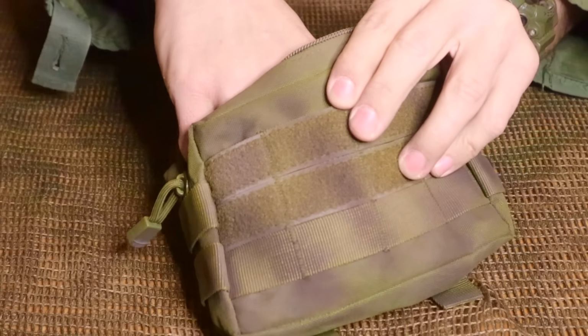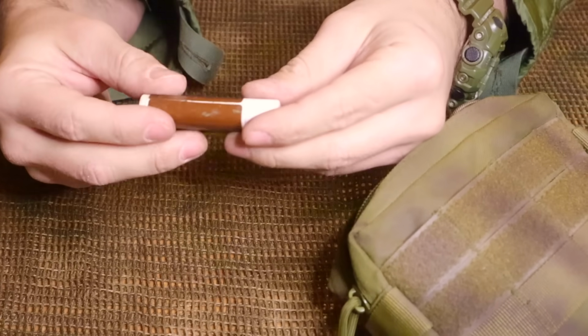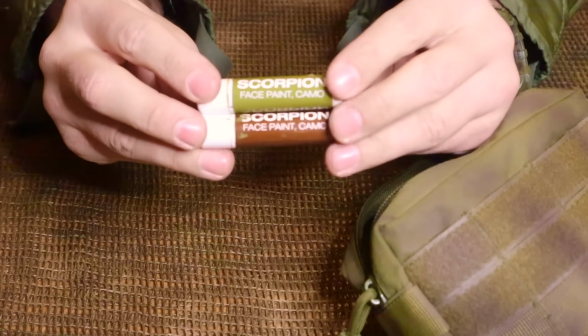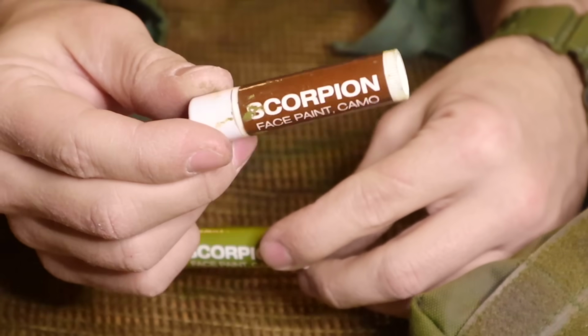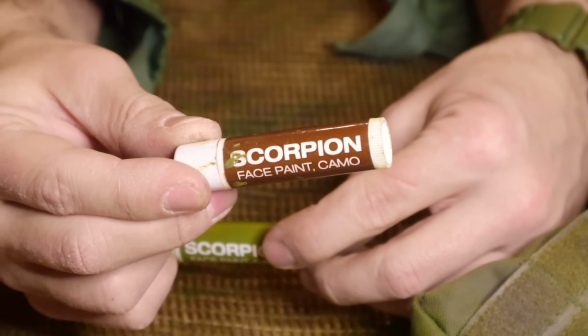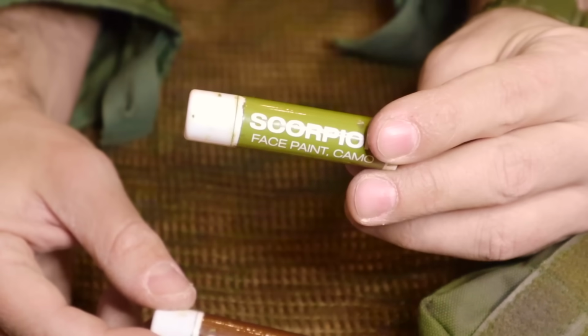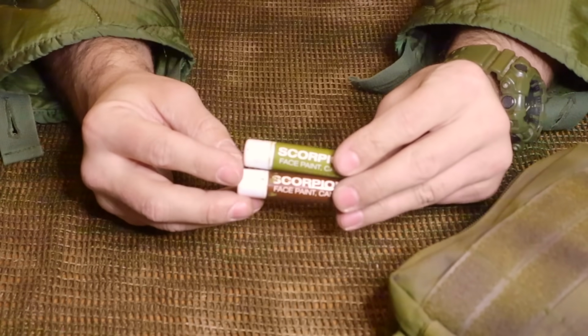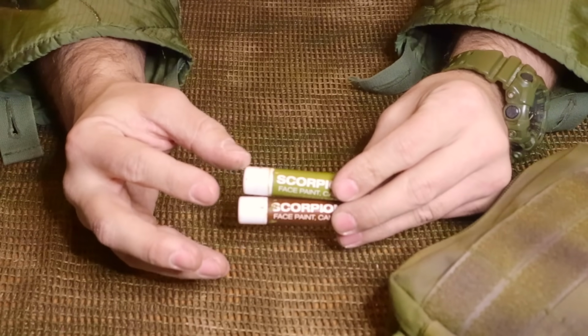All right, next we've got face paint. We just got a little bit of face paint that we can use to apply to the human features. We take the dark color, like this brown, and we would put it over the high points of our face, and then we would take the light color and this would go over the sunken features. So we're trying to use the camouflage face paint to reduce the human features, or the ability